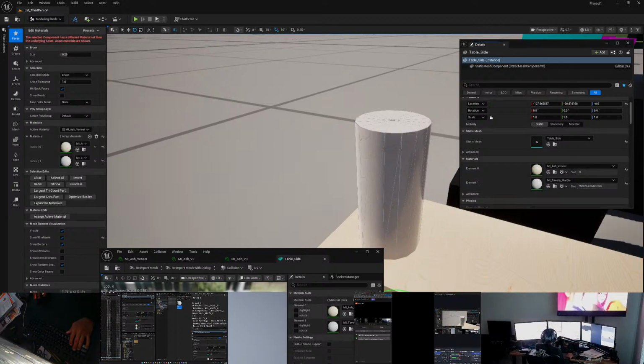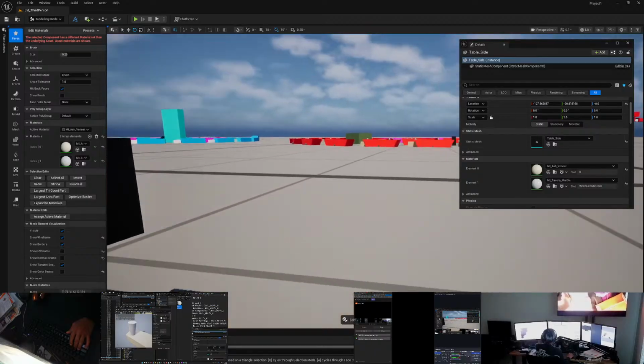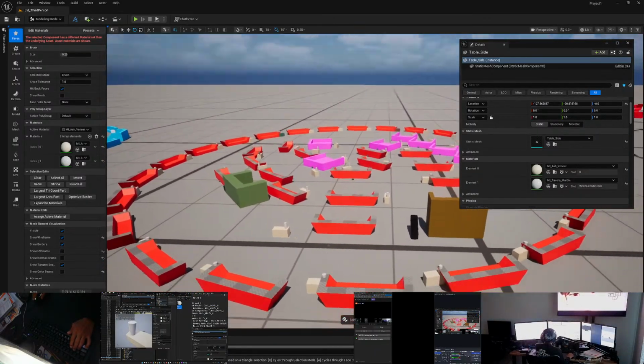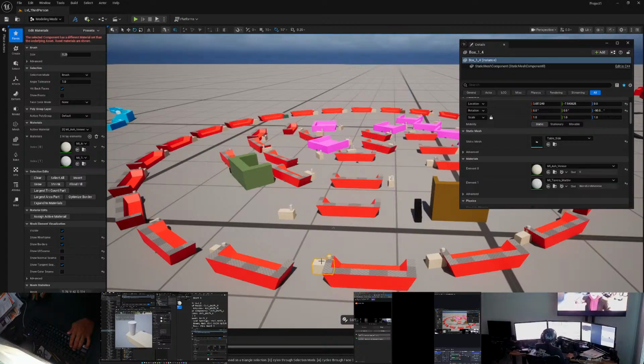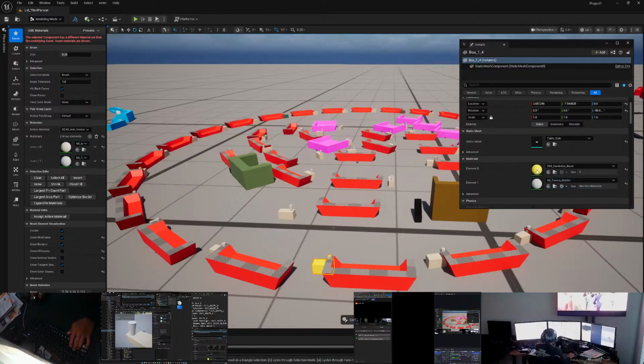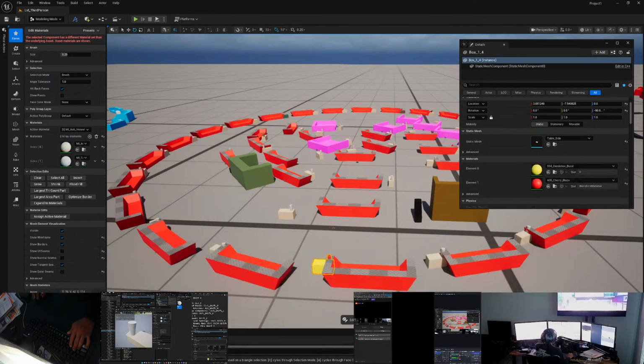But I'm free to override that whenever I wish without affecting all the other models in the scene. So I can grab this box, override its materials, grab this chair, override its materials,